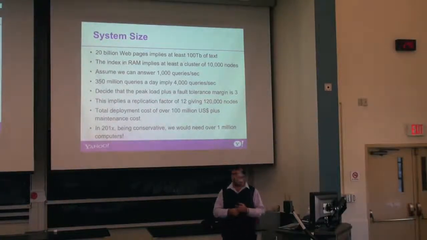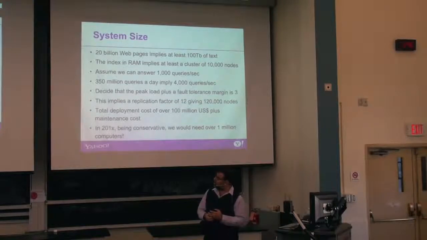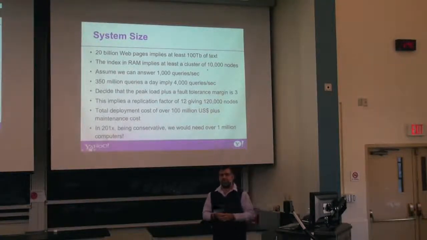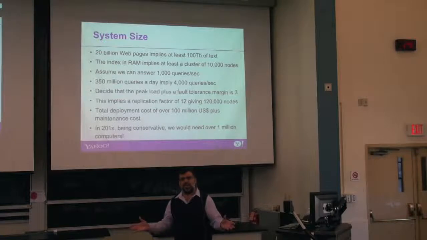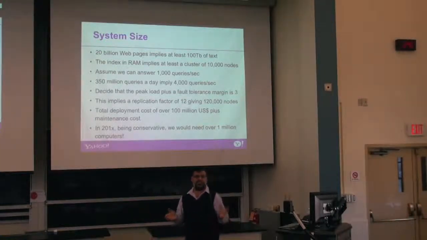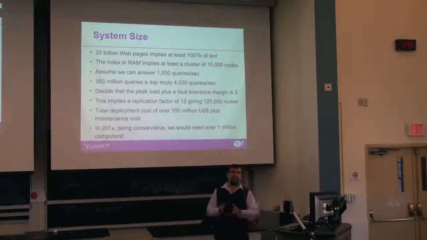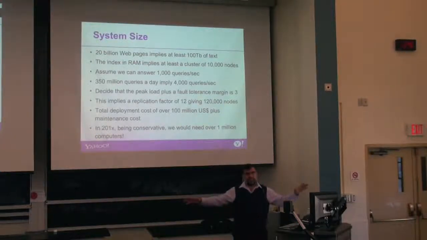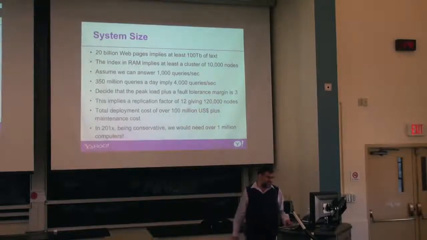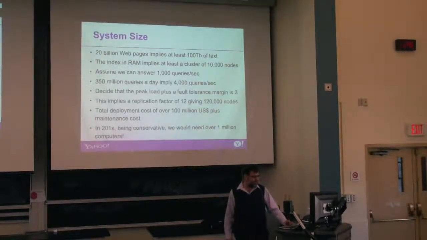And let's assume that in that cluster, we can answer 1,000 queries per second. You will think that this is really slow for having 10,000 nodes, but remember we are partitioning the data, so every processor is answering all the queries. So we have 1,000 queries per second per processor, because we're distributing the data, we're using parallel computation, and I will assume that merging the answers is very fast.